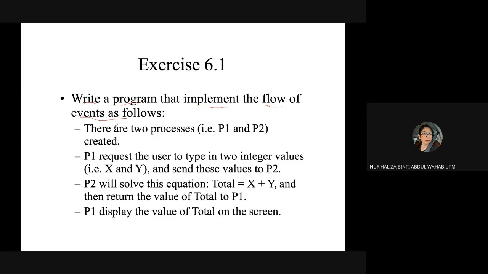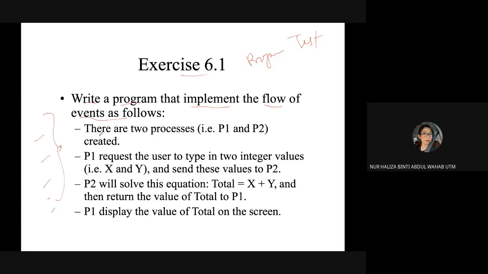So basically, in your programming test, it will give you some instructions and details of what is needed in your source code. Same goes for your final assessment. You are going to be given a task, with details in each of several tasks. So this is similar also, but of course this one is very short, just an example of your exercise.